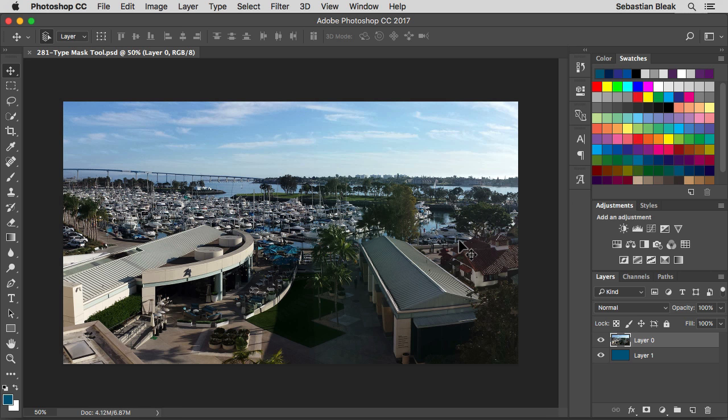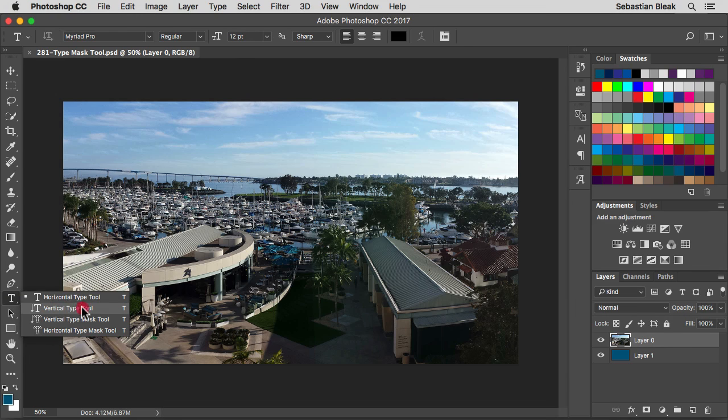Alright, so you can activate this tool over here on the left in the Tools panel. First, you're going to find the Horizontal Type tool. If you click and hold, you're going to find the Vertical Type Mask tool, and you're also going to see the Horizontal Type Mask tool. They pretty much work the same, and in this demo, I'm going to stick with the Horizontal Type Mask tool. Now that I've got it activated, notice my cursor is ready for me to start typing,